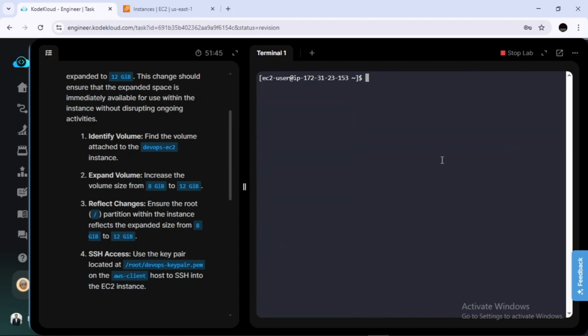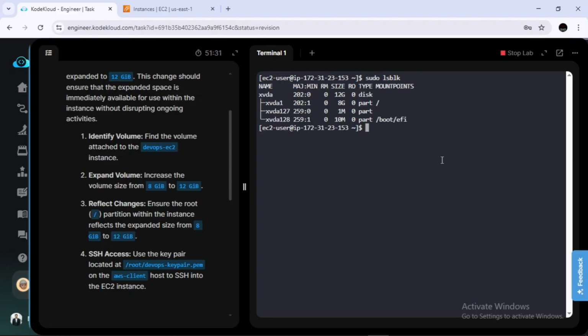So let's list all the block storages. The command for this is sudo lsblk. ls means list and blk means block storage. So this is the 12 GB, and right now it is mounted as the root partition to this 8 GB. We need to change the path.